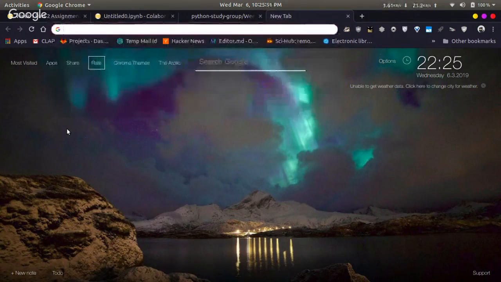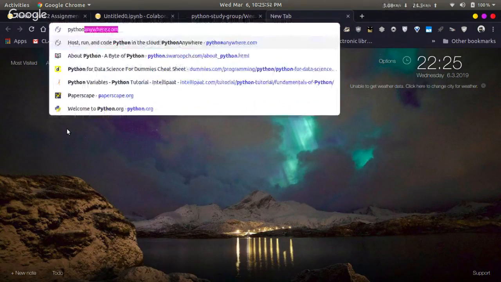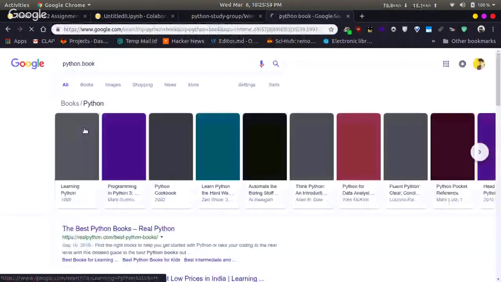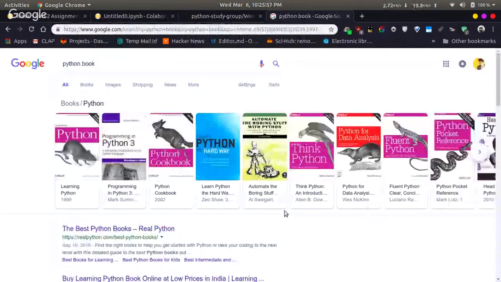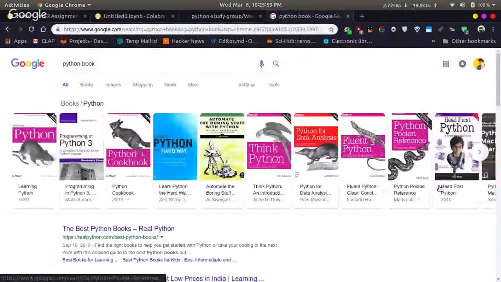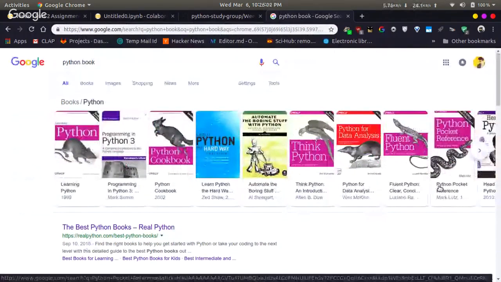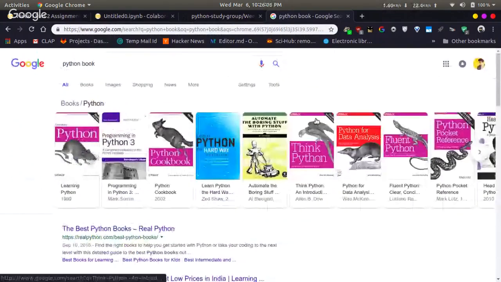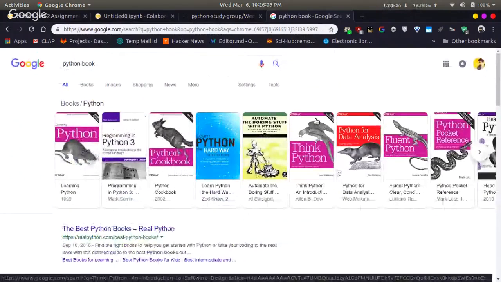O'Reilly's books are always good. See, there are plenty of books out here. I will send you the names of the books that are good for Python.